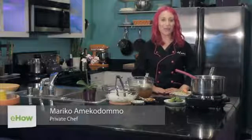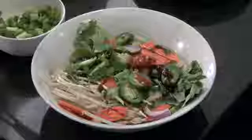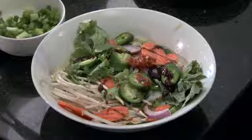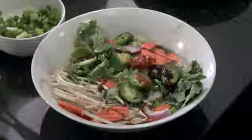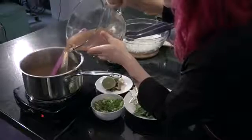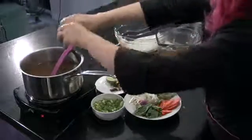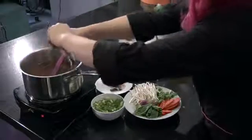Today I'm going to show you how to make vegetable pho. To get started, you will want to make a pho broth. In a saucepan, add 4 cups of vegetable broth, add the juice of 1 lime,